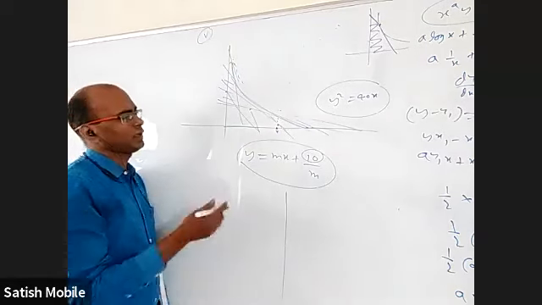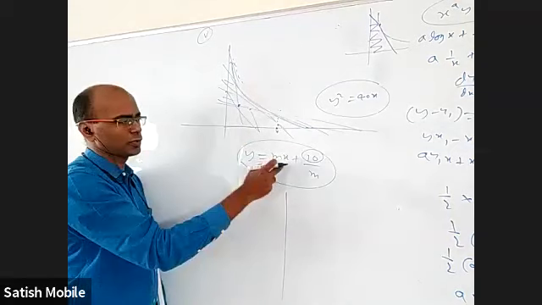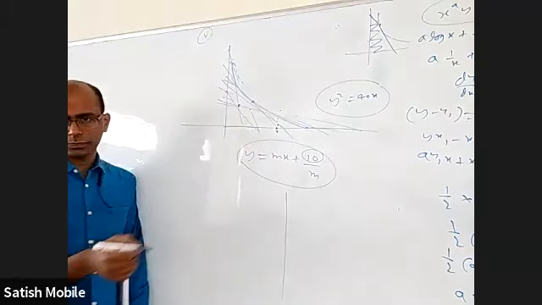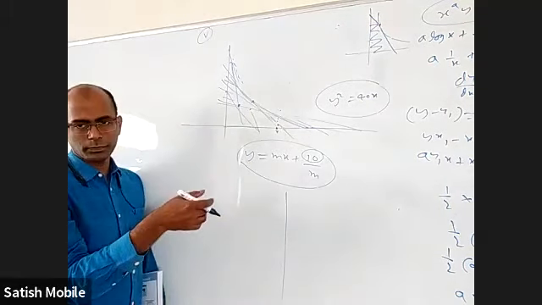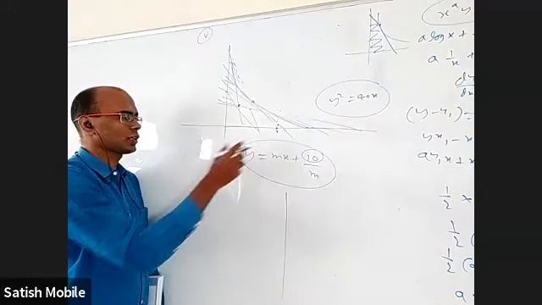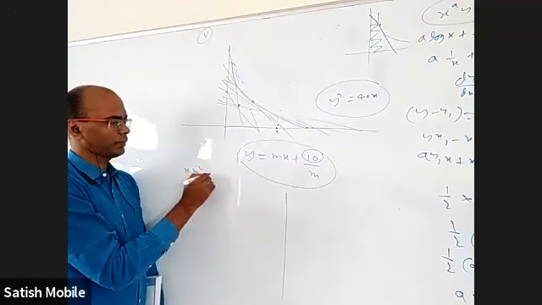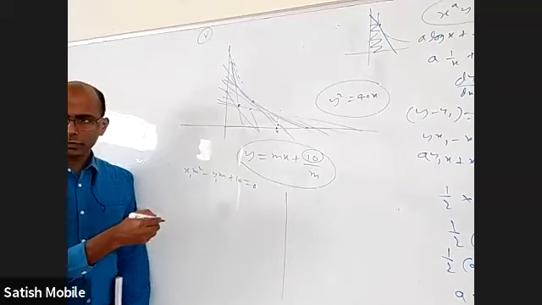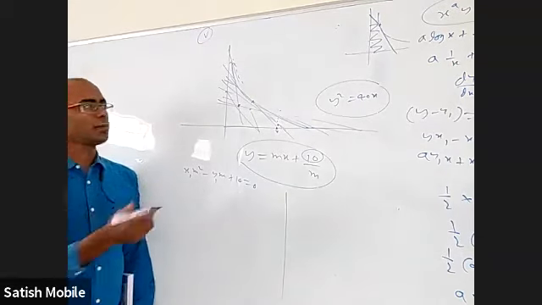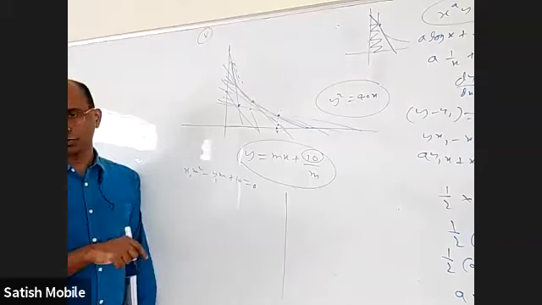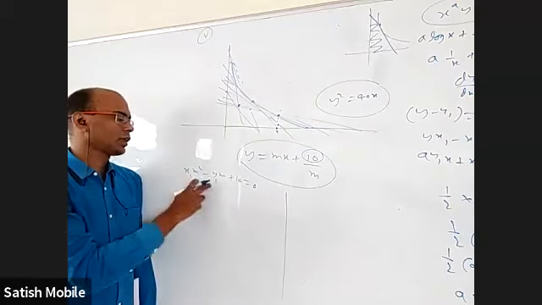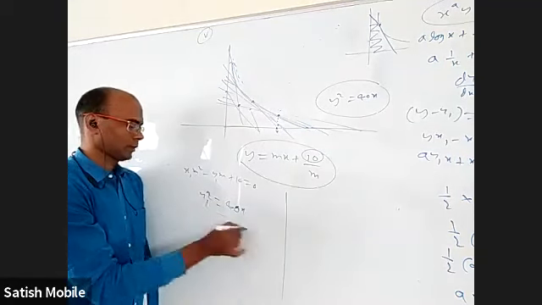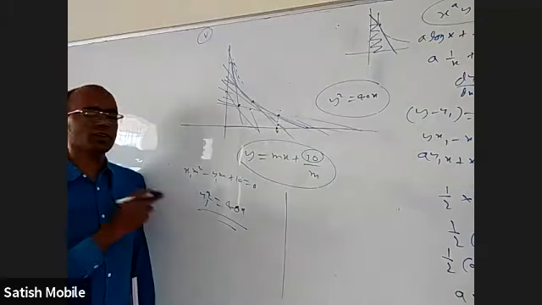What is that curve? If you take any point x1, y1 and substitute here, we'll get two values of m because there are two lines in this family. But if you take a point on the envelope, there should be only one. So we are looking for when the roots are equal. In terms of m, it is a quadratic equation. Do cross multiplication, we'll get xm square minus ym plus 10 equal to 0. As you put x1, y1 and solve this, you get two m values. But we are looking for that x1, y1 where we'll get equal roots. So for that, b square should be 4ac. What is b square? y1 square. 4ac is 40x directly. You don't have to know anything about parabola. It is touching the y square equal to 40x curve.